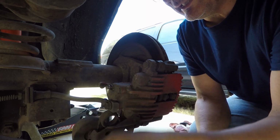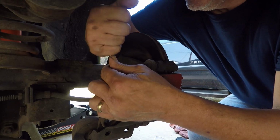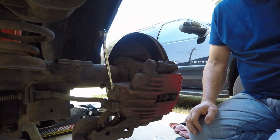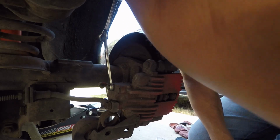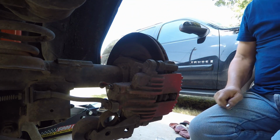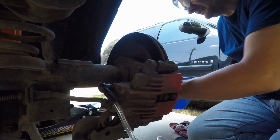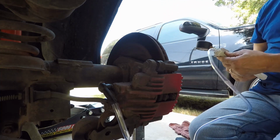So here we go. I'm going to take that back off for just a second, and I am going to actually crack this open. And it'll probably be hard the first time. There we go. You just want it loose, okay? Stick your fitting on it. Get your catch can and put it under it, just in case. Right? And what you're going to do